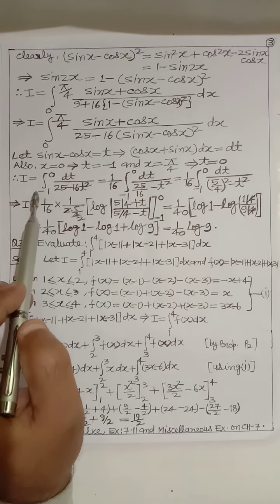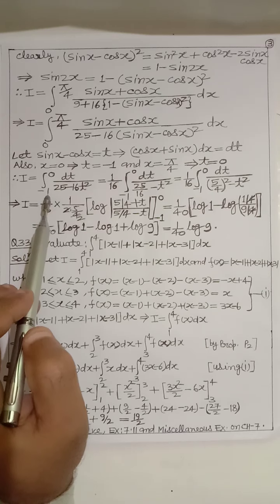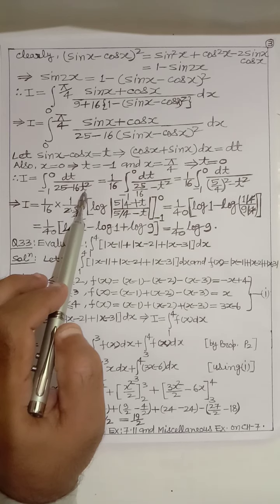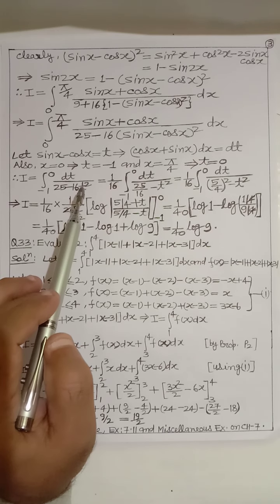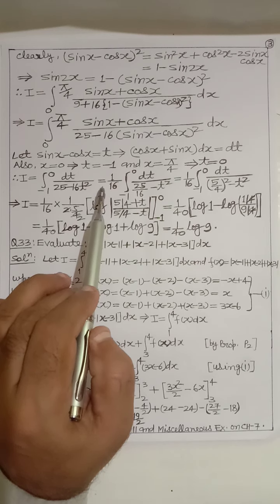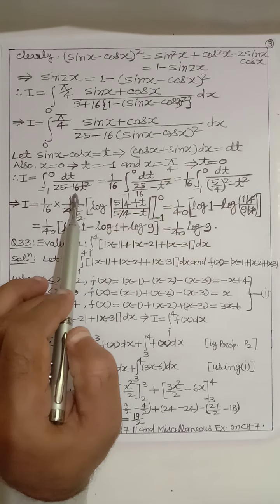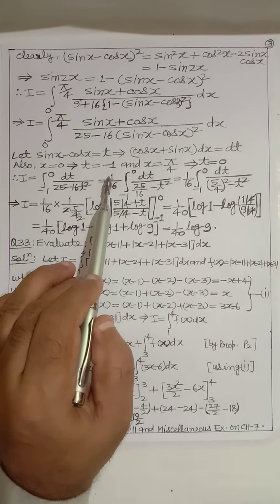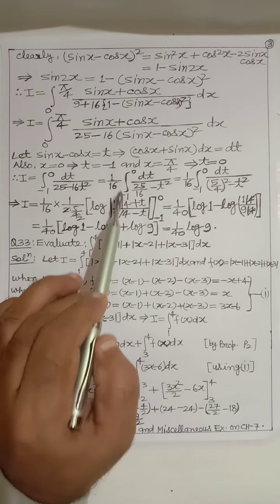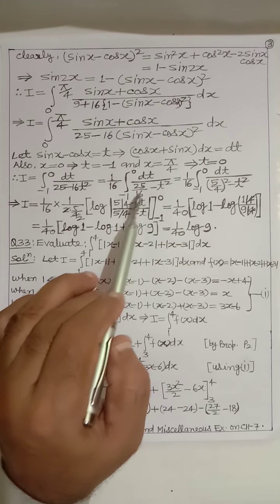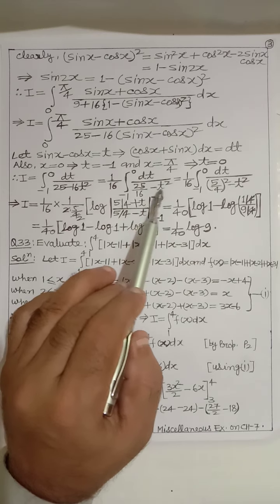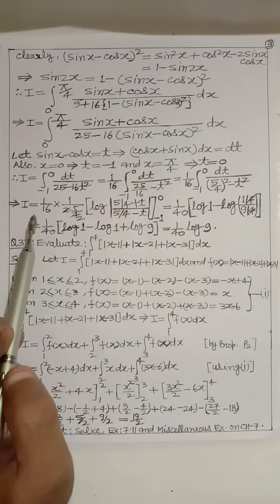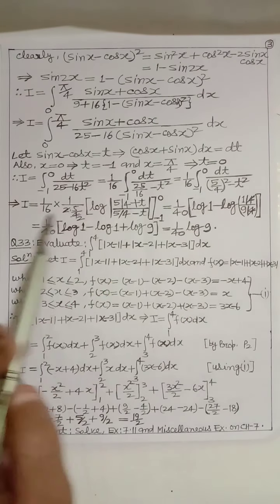Therefore I is equal to the integration from minus 1 to 0 of dt by 25 minus 16 t square. This is equal to, taking 16 common from the denominator, 1 by 16 integration from minus 1 to 0 of dt by 25 by 16 minus t square, and we can write it in this way also. And the integration of this is, here,